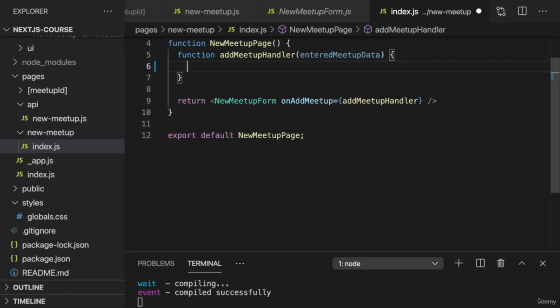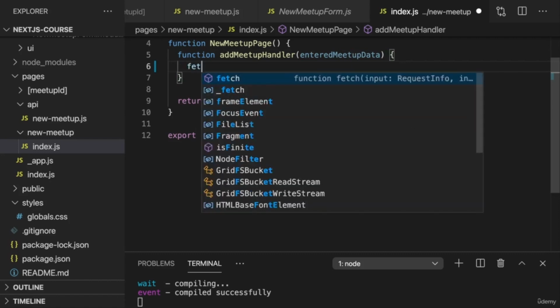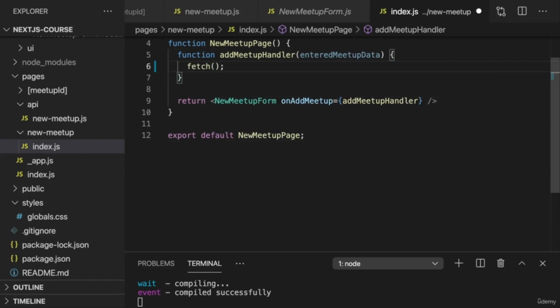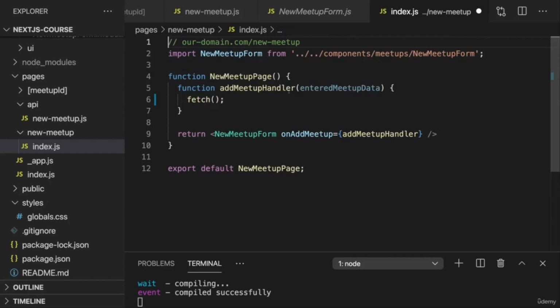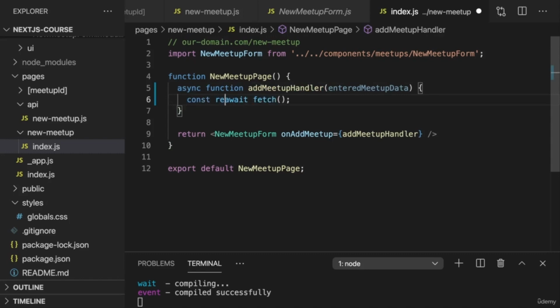And we can send a request just as we know it. For example, with the built-in fetch function or with a third-party package like Axios. Now here I'll use the fetch function, and I want to use async await, so I will turn this into an async function and await the response here. And then we need to insert the URL to which we want to send a request. Now often that is some domain.com